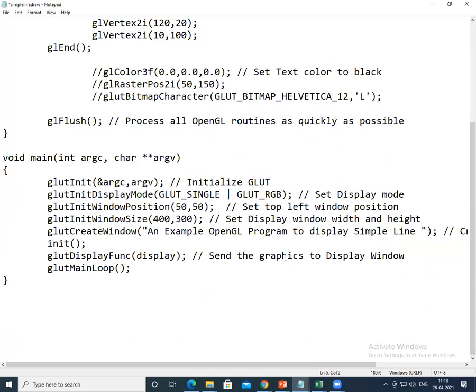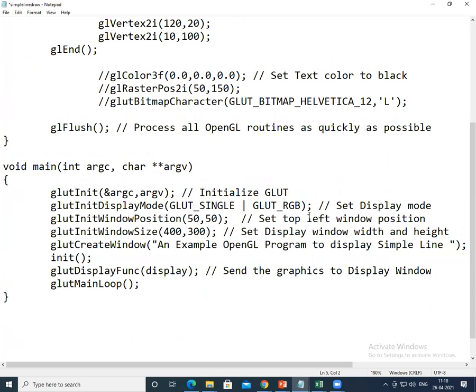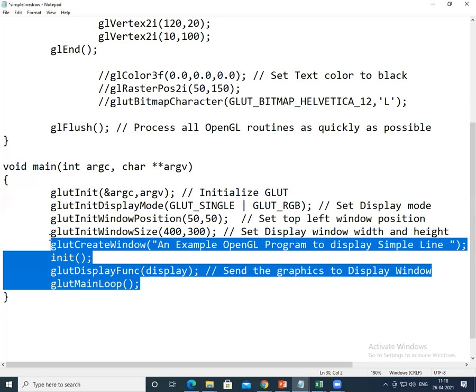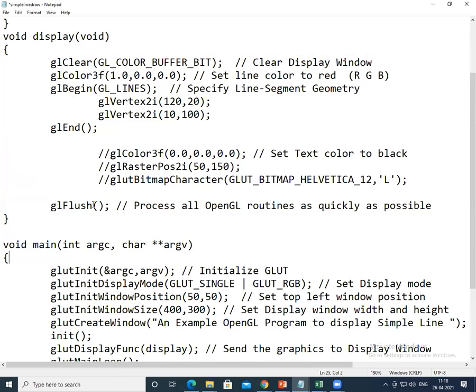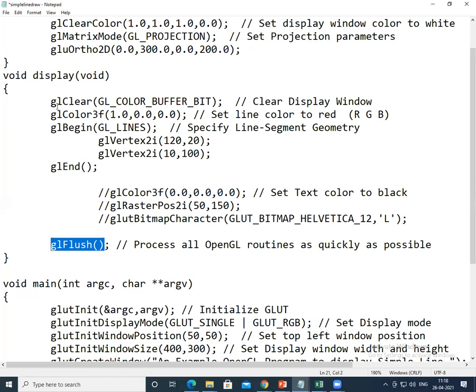So now you might find it difficult. Once you run a program, you will find it easy, because all programs will have these three functions always. Almost all these functions will be the same; only the parameters you will change. The flush function is always at the end of the display function, to process all the OpenGL routines.